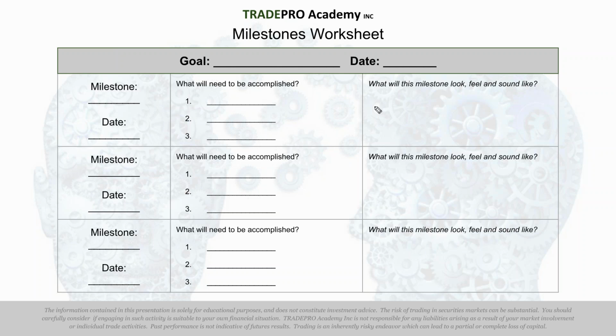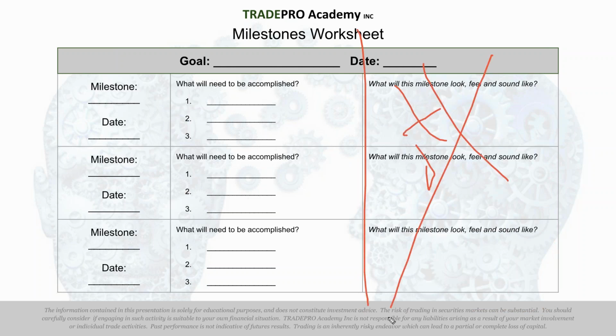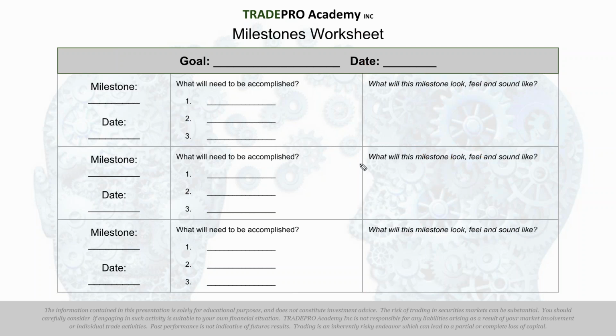And the reason we have this right column, do not ignore this column. For goodness sake, for the analytical brains, do not just chop this page off and say, who cares what it looks, feels, and sounds like? Because remember this, when you visualize something, the thing that makes it real to your brain is attaching the emotion to it. The emotion's like the amplitude. It's like the gas pedal. The more that you put into the very right column, the faster the other two will work.